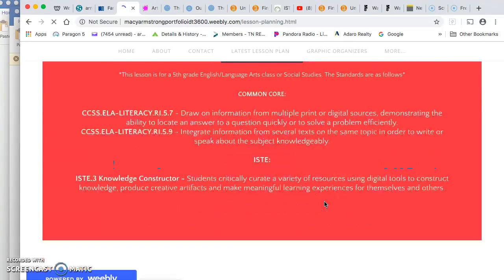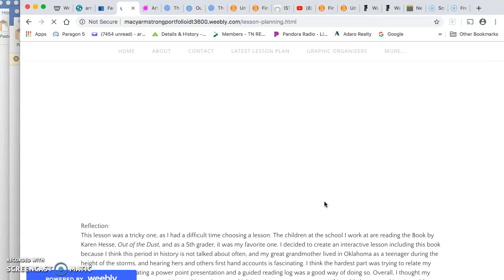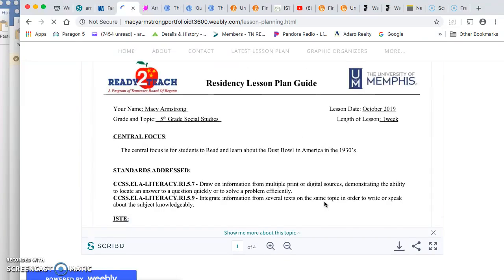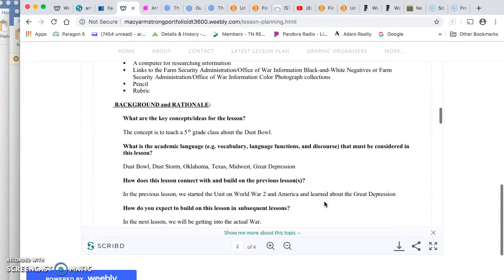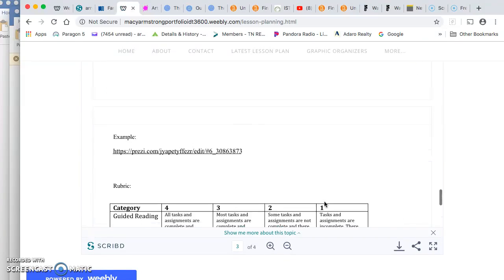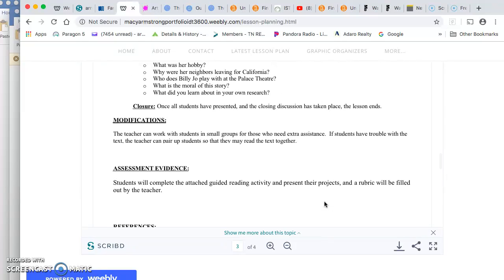So in my second lesson plan, I have some modifications. The teacher can work with students in small groups for those who need extra assistance. If students have trouble with the text, the teacher can pair up students so they may read the text together. So I think this really encompasses that Designer ISTE standard, because